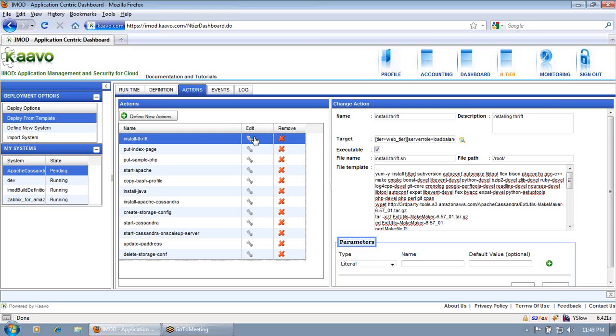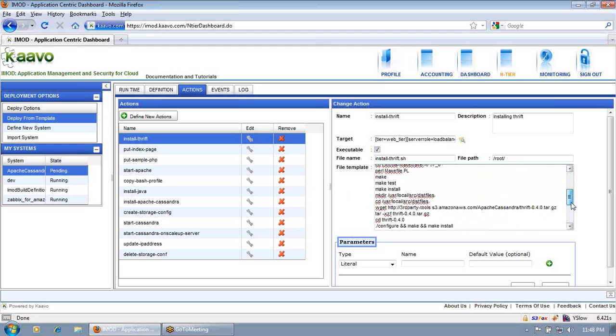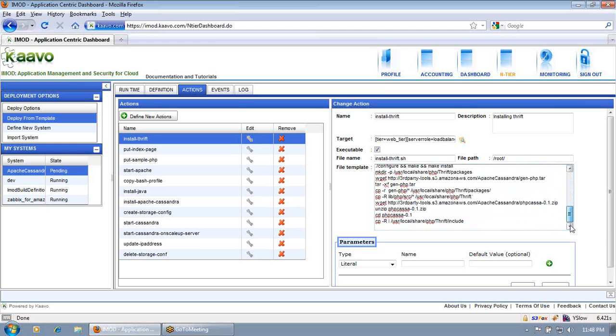As we put some PHP programs in the Apache server, to interact with Cassandra you have to install Thrift. And to install Thrift, you need some dependencies, Perl dependencies, so some modules will be installed. This is the action for installing Thrift.